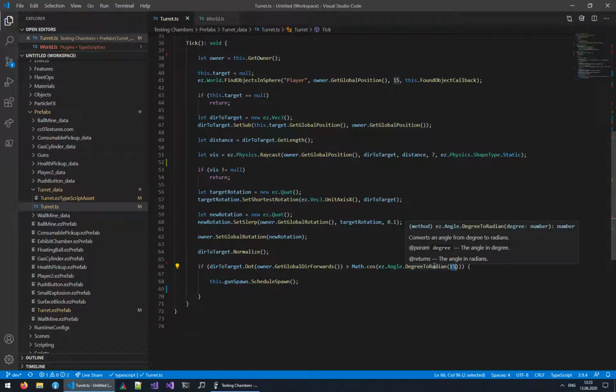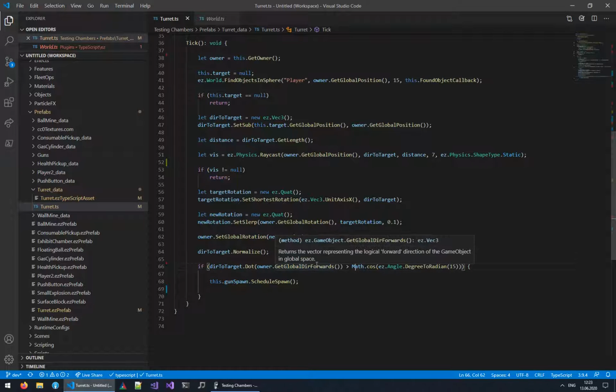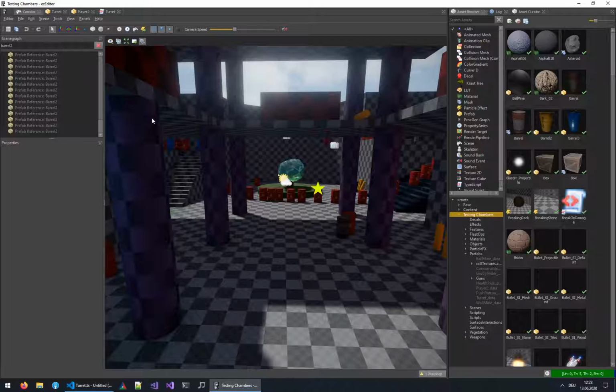So we convert 15 degrees from degrees to radians, and I use this utility function over here. And then I put this into the cosine function. And all of this could be pre-computed. This is actually just a constant, but this is more descriptive of what it's doing. And I compare that, and that means if the turret is already pointing within 15 degrees towards the player, only then shoot. So if we test this again,